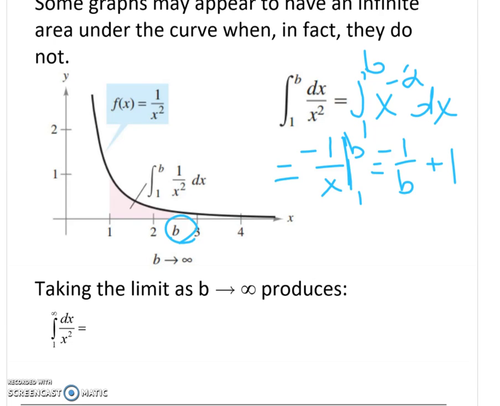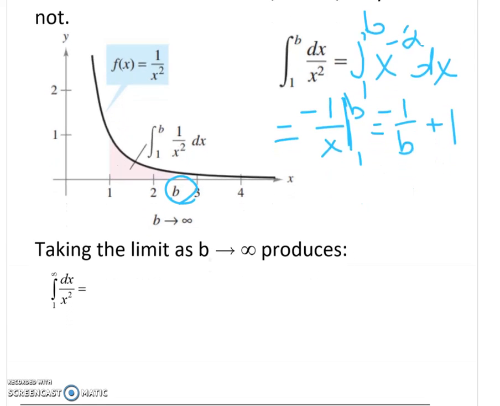Now what if, though, we were looking at that as b began to approach infinity, as we moved farther and farther to the right underneath that 1 over x squared curve? Well, if we do that, then the integral looks like the integral from 1 to infinity instead of the integral from 1 to b. Now we can't actually take an integral to infinity like that because infinity cannot be reached. So what we have to do instead is treat it as the limit as b goes to infinity of the integral from 1 to b of dx over